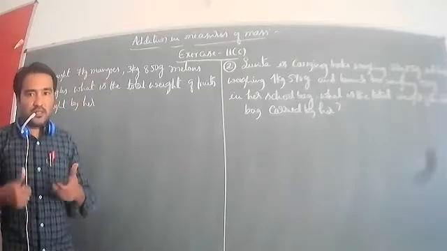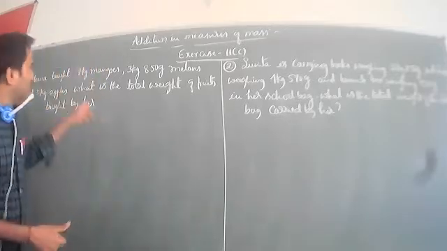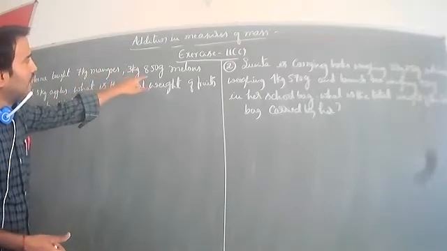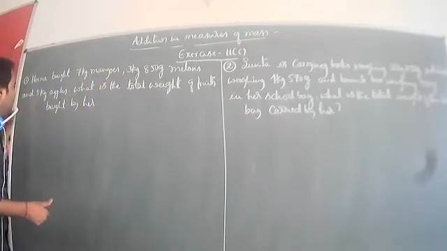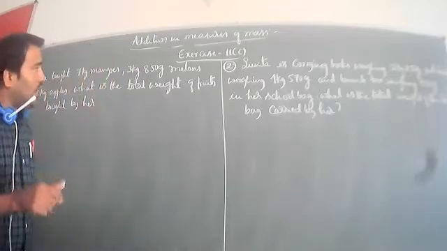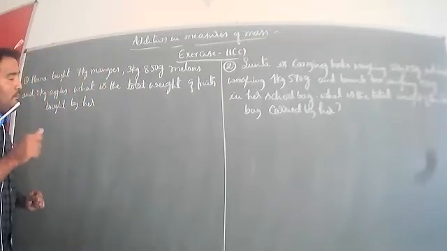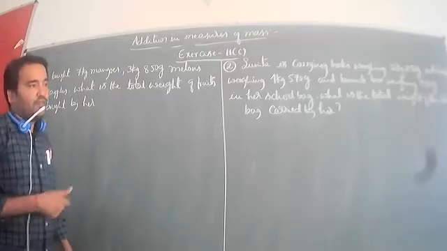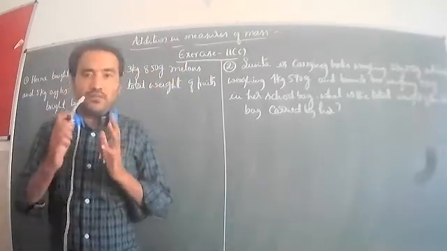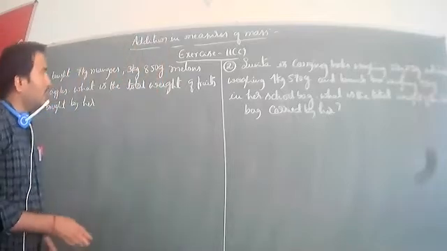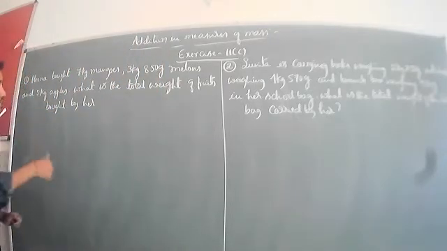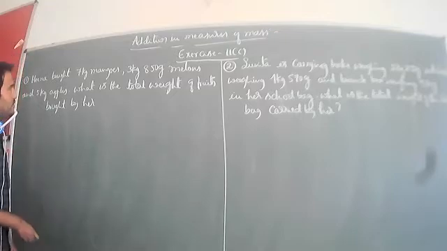She has purchased some fruits. First is 7 kg mangoes, then 3 kg 850 gram melons, and then 5 kg apples. What is the total weight of fruits bought by her? So we should find the total weight. Look at this, we can do addition here, because they are asking the total weight of the fruits. Let us find the answer.